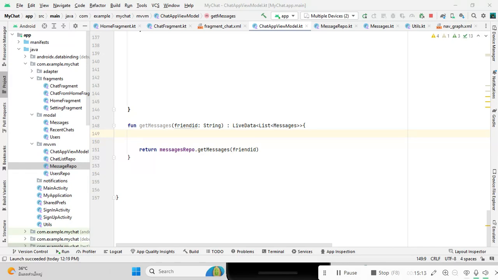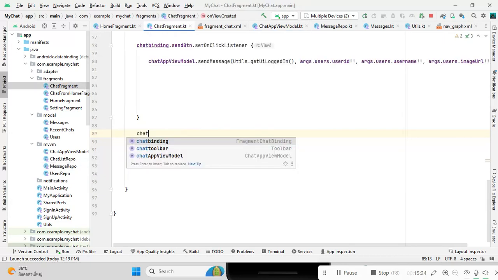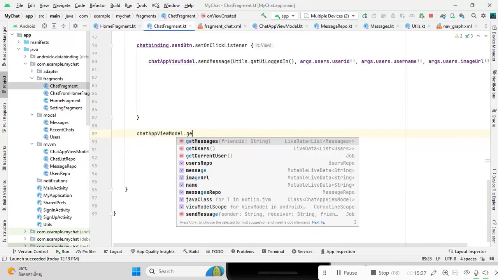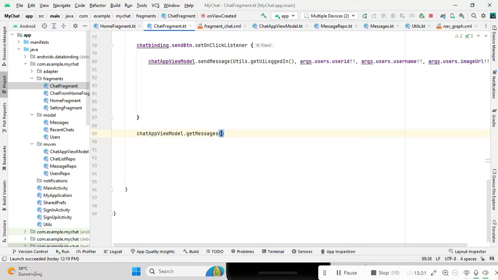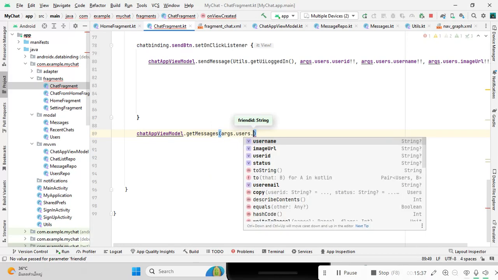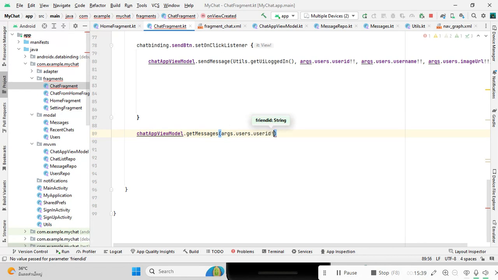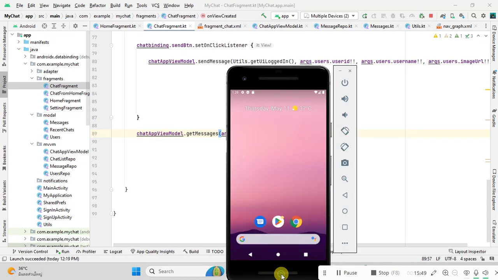So we will go to the chat fragment here, and here chat app view model get messages, and here we will pass the user ID, because if you can recall, so if you have been following the tutorials carefully, if you can recall,